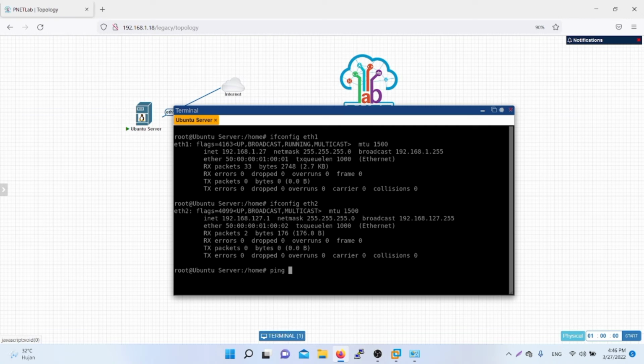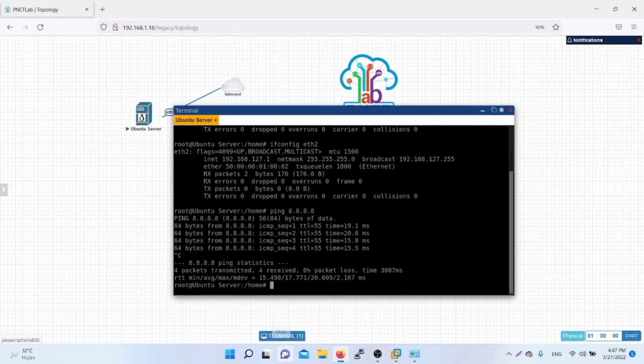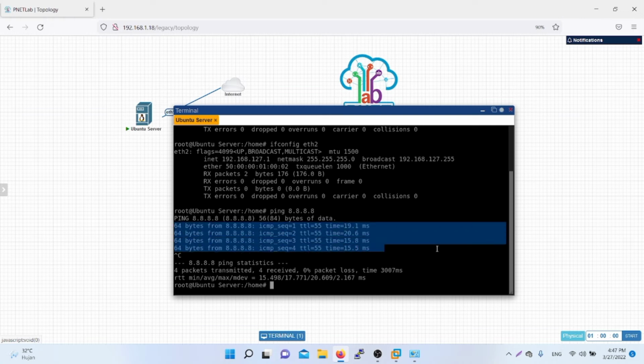The command is ping 8.8.8.8. And if the appearance is like this, it means the gateway is running.